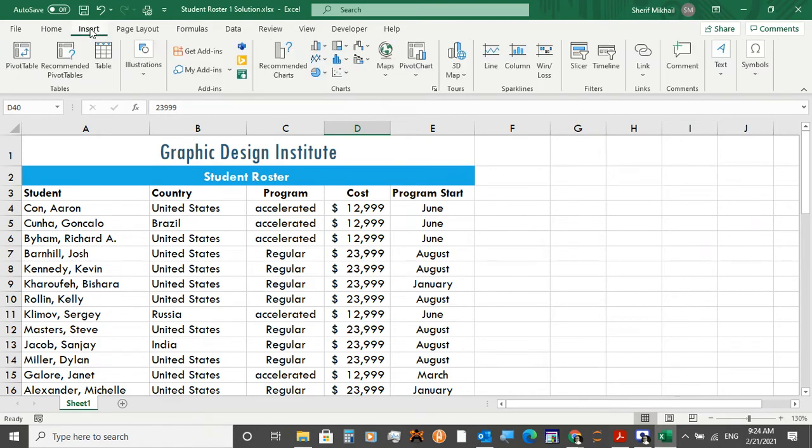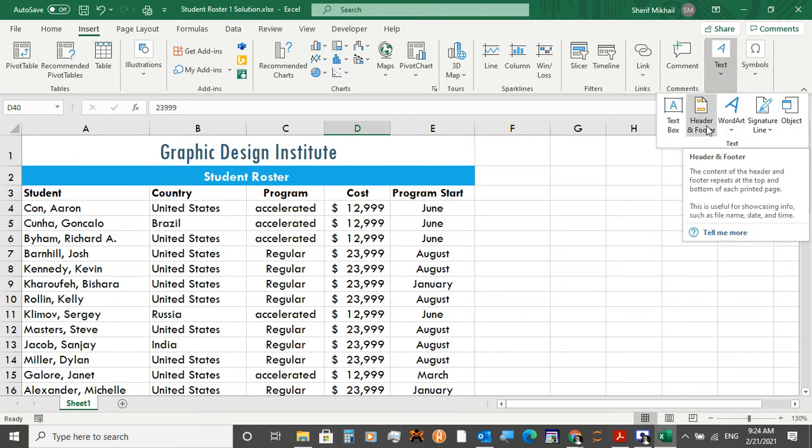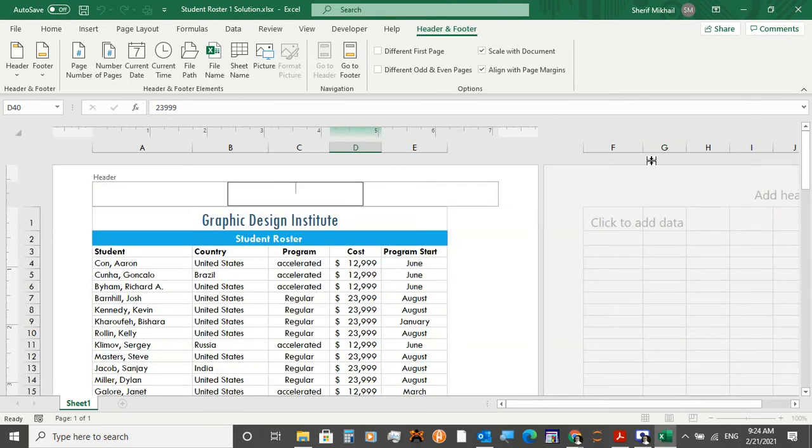So let's click Insert, and the text group is right there. So what are we going to be inserting? We're going to be inserting a header and footer. Now, in case you're not familiar with what a header and footer is, a header is the top part